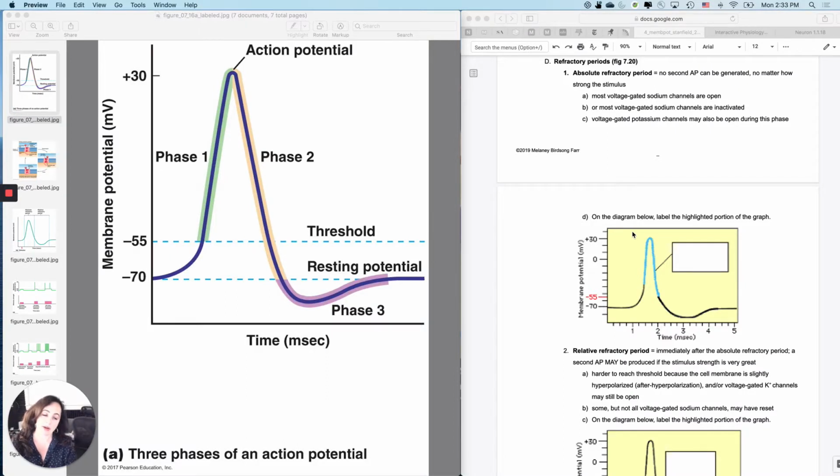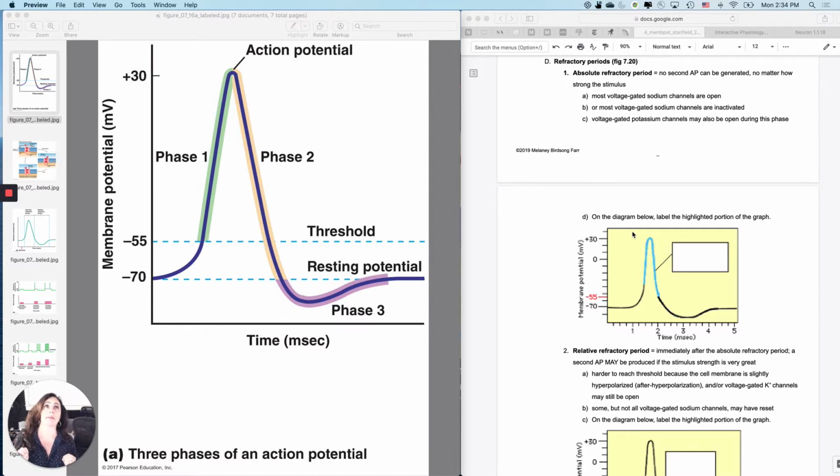Okay, we're just about finished with the membrane potentials notes. The next thing to cover is how would a neuron get a second action potential? When can it get a second action potential? There is a period of time when the neuron is still busy from the first action potential in which it can't have another one, no matter how much stimulus is applied.